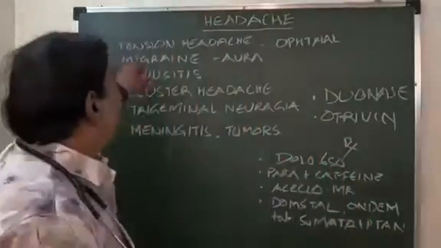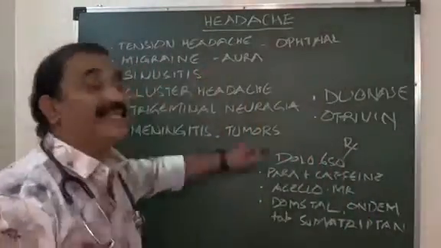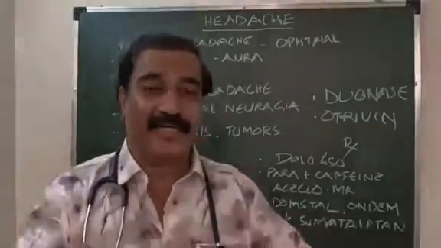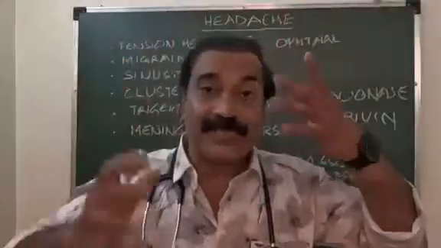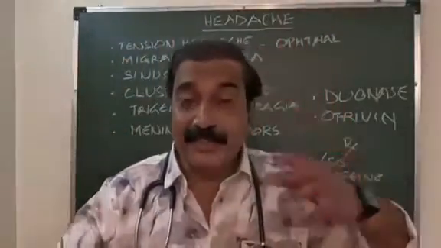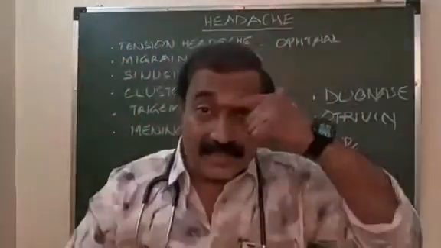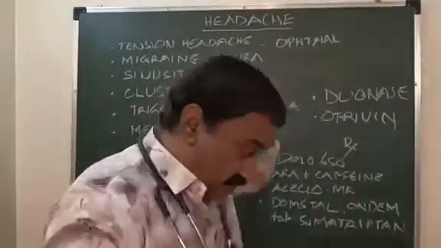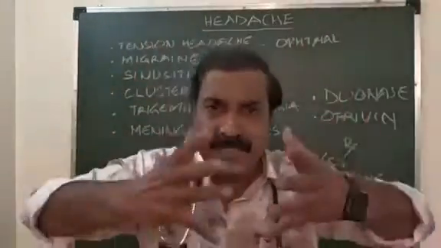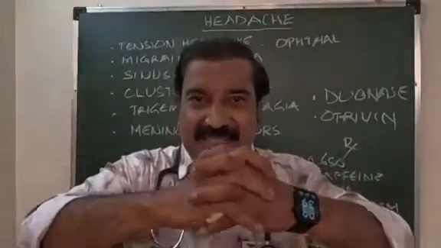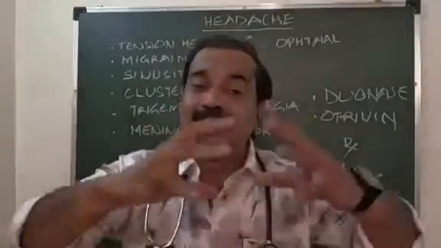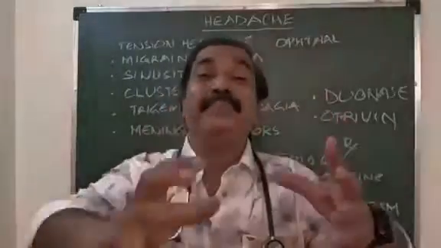First, number one, the most common cause is tension headache. Tension is not for you and me. It is for the muscle which is there on the head, called occipitofrontalis. It starts from here and ends here. It completely covers the head. Once this muscle goes into stress or tension, it catches, the headache comes, and it is something like a gripping pain,